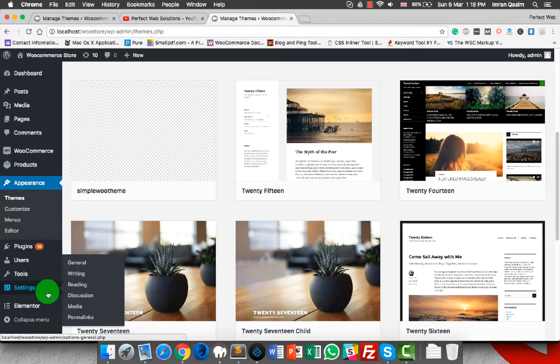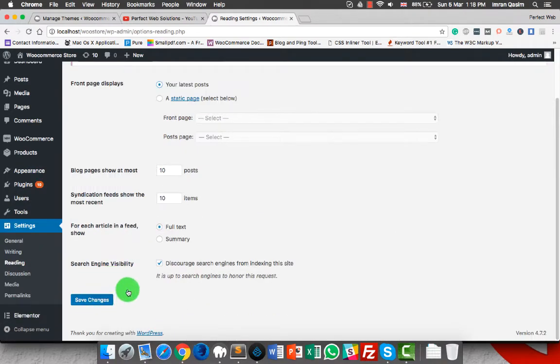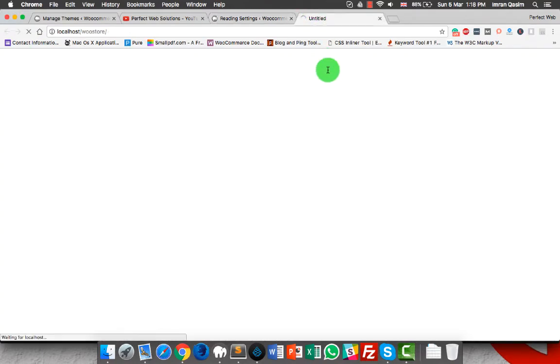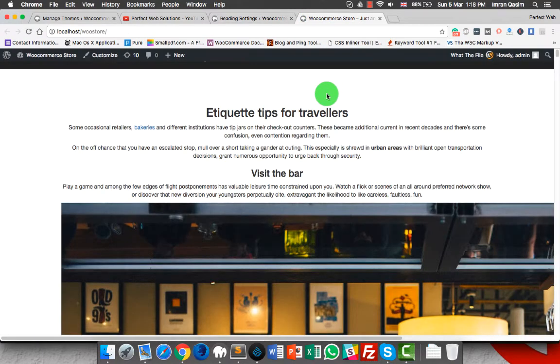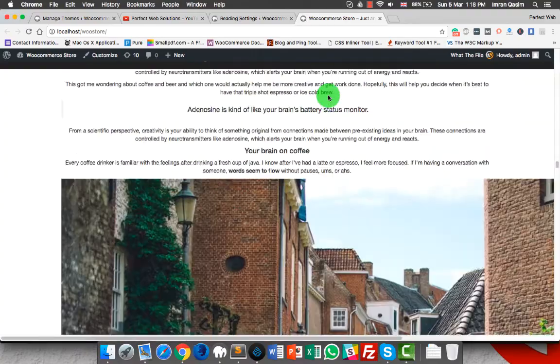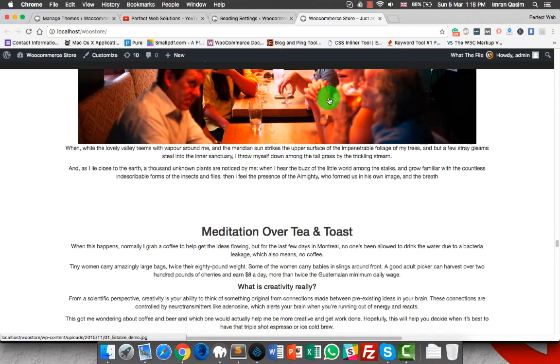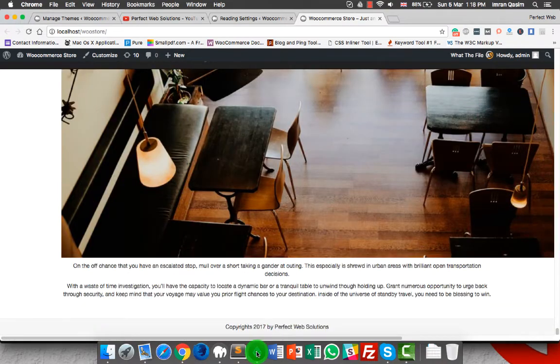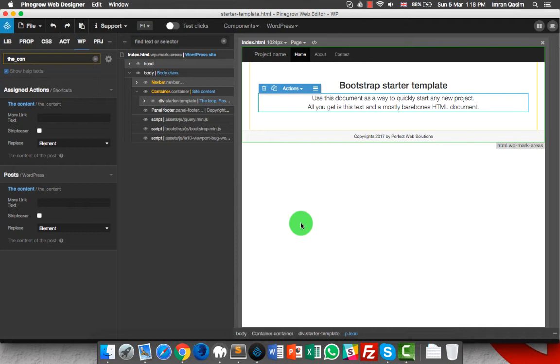And for initial settings, I will do reading. I will make it your latest posts. It's already there. So I will just visit the site, and you will see my good looking blog posts. I haven't designed anything. You can further manipulate or design it using CSS. But here my concern is designing the WooCommerce template using